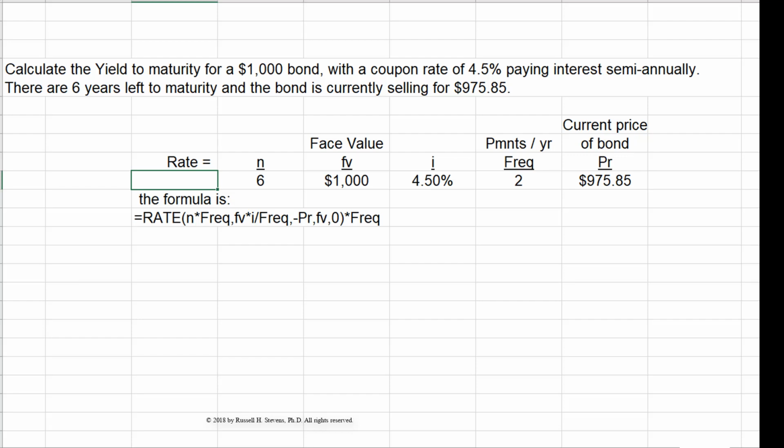The data is all in the word problem, and the calculation uses the rate function. In the workbook cell under Rate, type an equals sign followed by RATE and an open parenthesis. Highlight the 6, type in an asterisk, highlight the 2, and type in a comma. Highlight the $1,000, type in an asterisk, highlight the 4.5%, type in a /, highlight the 2, and type in a comma. Type in a minus, highlight the